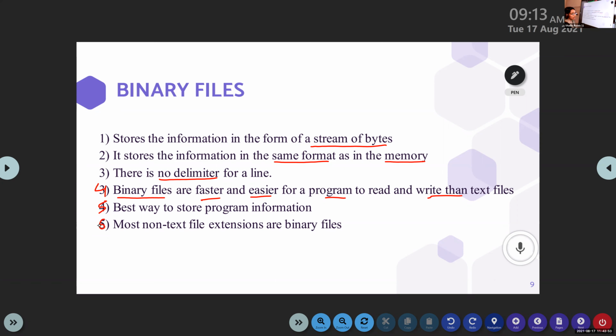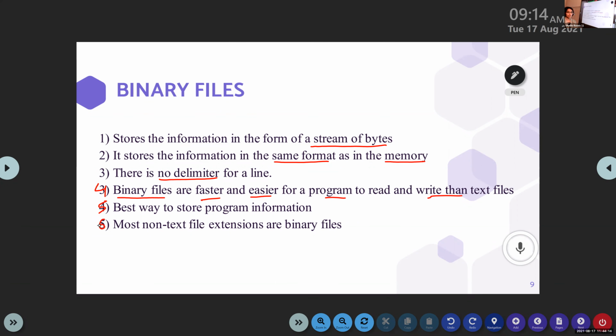That is why we say it is faster and easier for a program to read and write than text files. When we were discussing text files, I told you that they are close to us, which means that a translation is needed for such files, right? But in the case of binary files, no translation is needed.